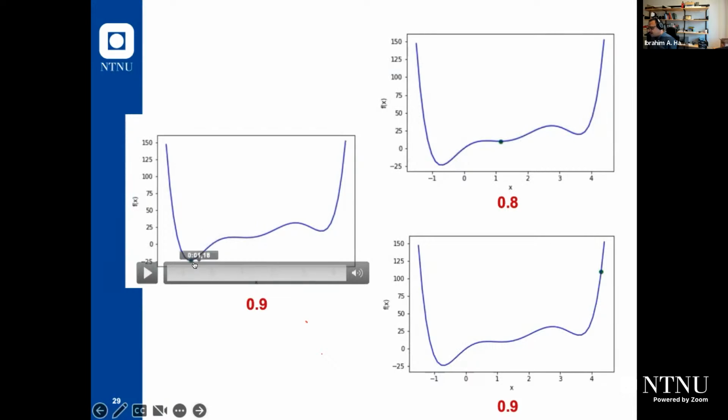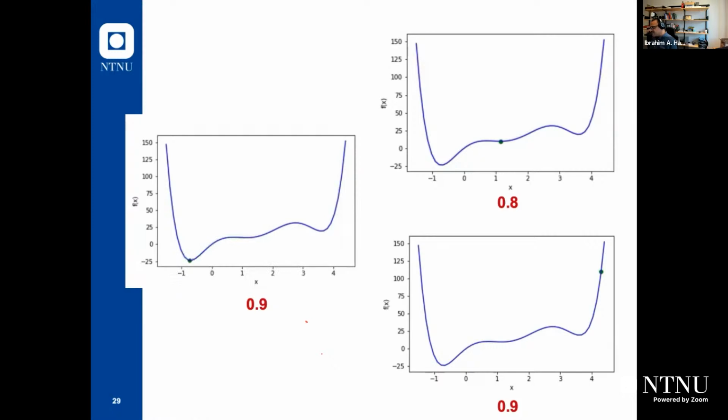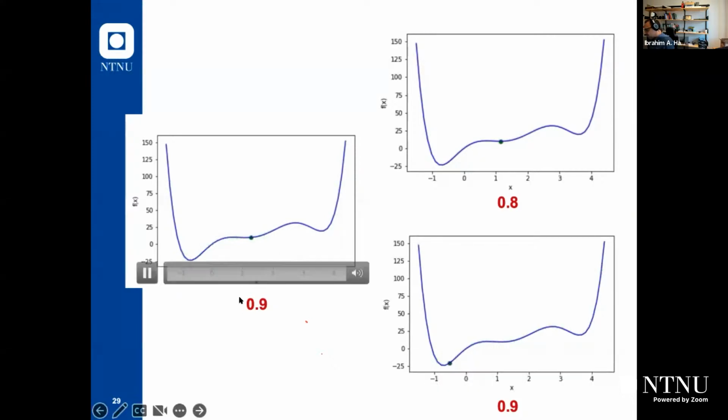And at the end, we will end up in the local minimum, which is our target, right? So you can see here the impact of the momentum term. So momentum term is very useful. In fact, it's very, very useful, and there is no harm if you have a large momentum term like 0.9, for example. You will explore some other areas, but at the end also you will end up in the